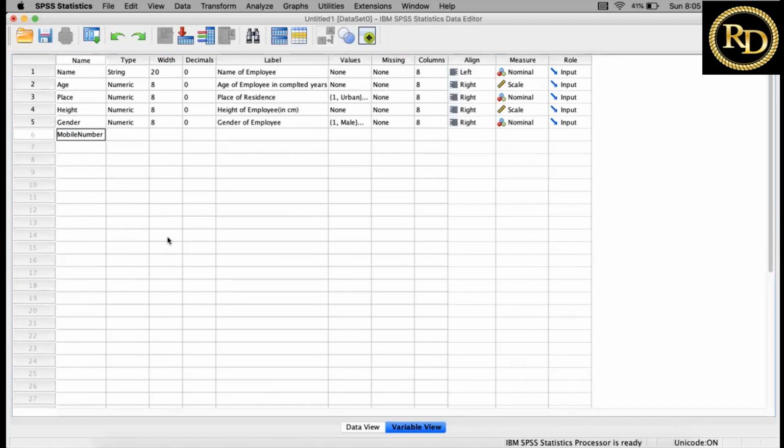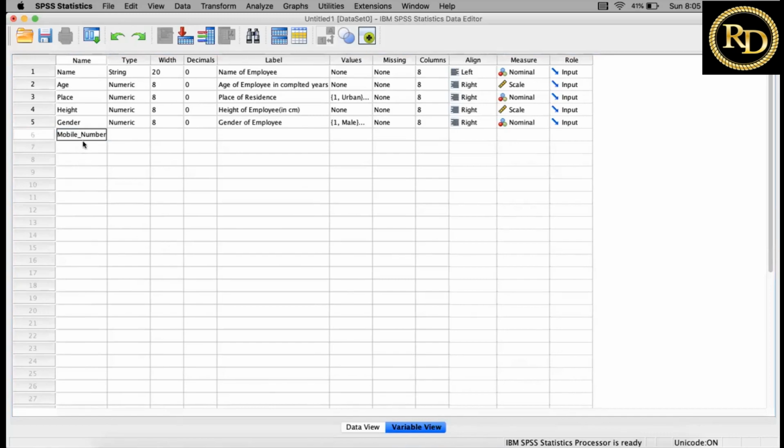So just put an underscore: mobile underscore number. Yes, it is numeric and it is of 10 places. And for role, it is none, you can say now.